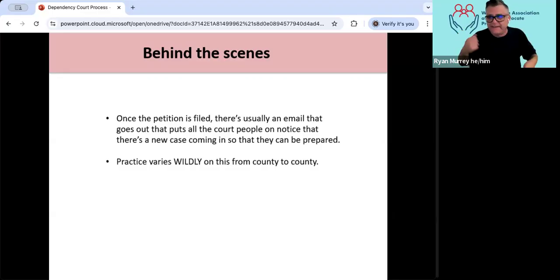CASAs or GALs may send people to that hearing, but basically it's letting everybody know we've got a new filing coming in. Be ready. And what that looks like from county to county varies wildly. Some of them have a system down where as soon as that petition is filed, everybody gets an email with the petition so that they can start doing conflict checks. In others, they may not know until the day of the hearing.